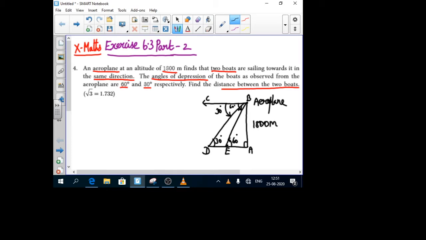First one 60 degree. Page number 251 பார்த்தீங்கன்னா they give the reason. உள்ளர இருக்கிற angle big angle தான் இருக்கணும், வெளியில இருக்கிறது small angle இருக்கணும். So this diagram we have to finish. So here we have to find the distance between the boats. ரெண்டு boatsக்கு இடையில உள்ள distance தான் அவங்க கேட்டிருக்காங்க. So you have to find the distance between the boats. That is DE, you have to find it. For this I have to take two right angle triangles.